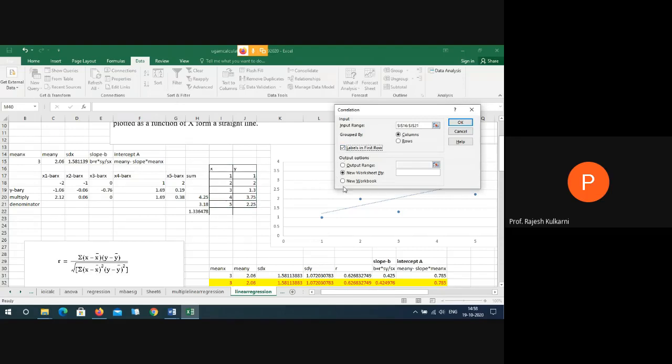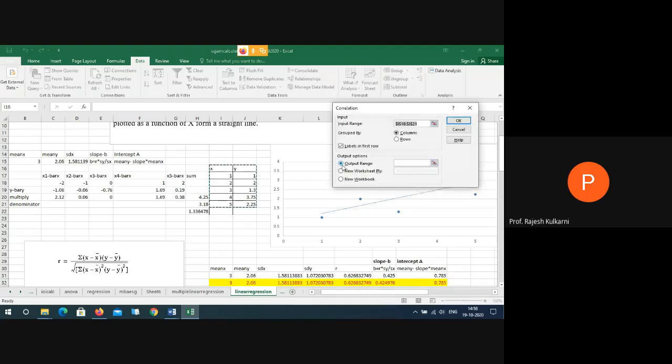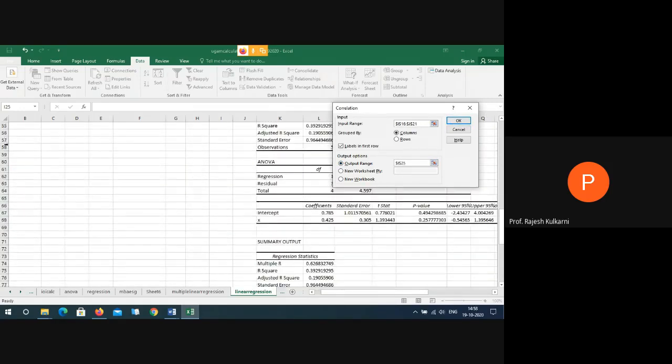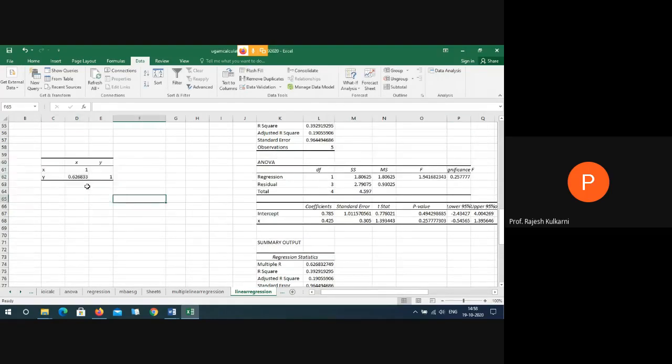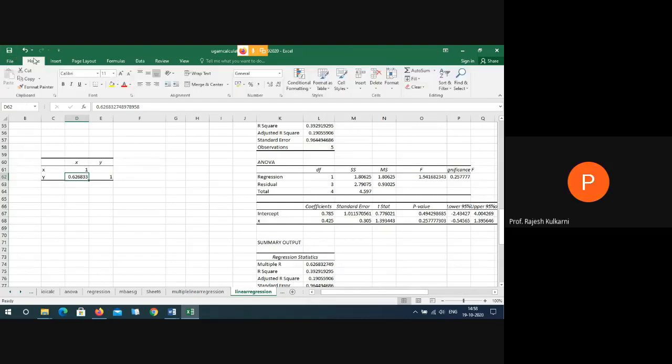So for output range, I will be clicking here, and I'll say okay. So are you checking it? How much is the correlation we got? 0.62. Okay. So we are using the Excel tool to do this calculation.